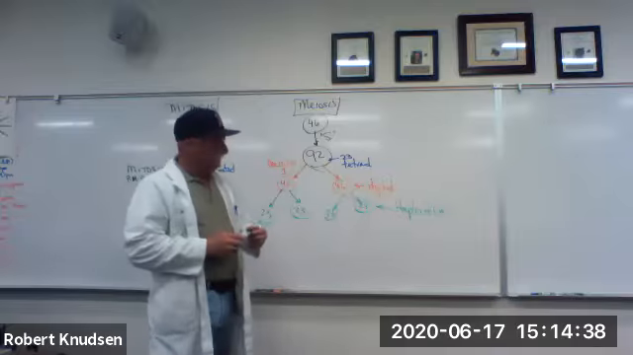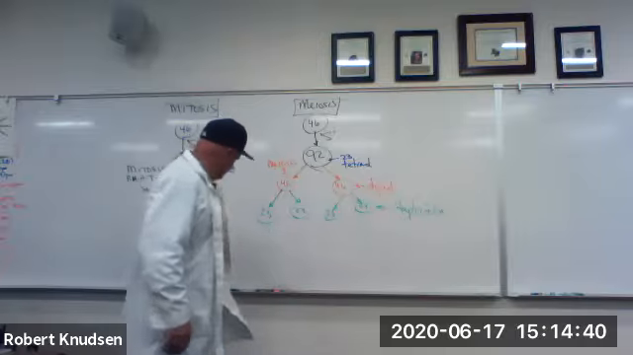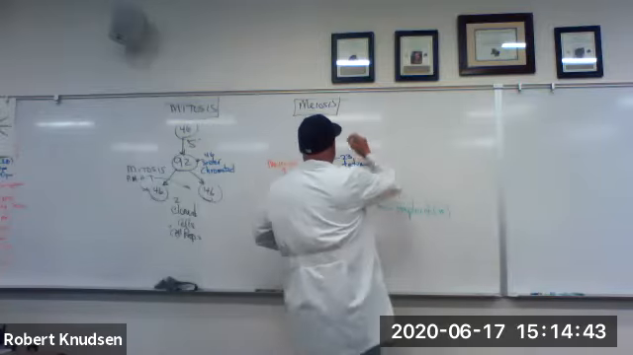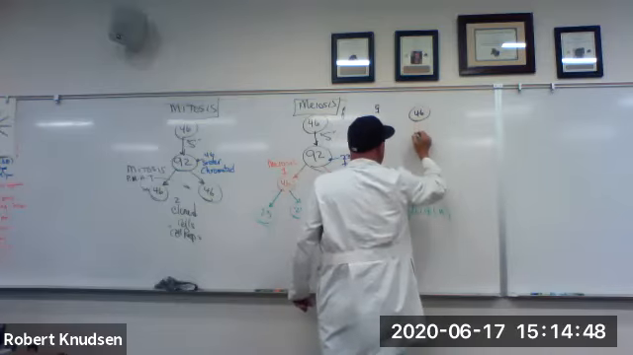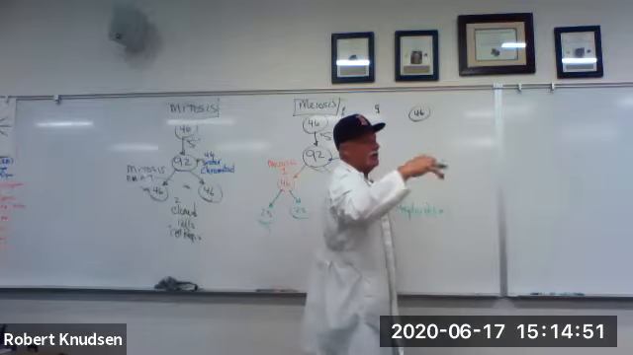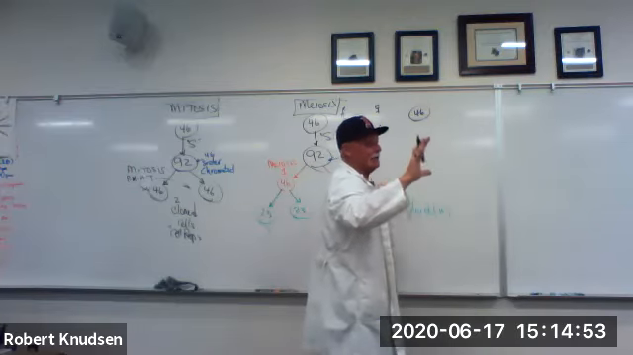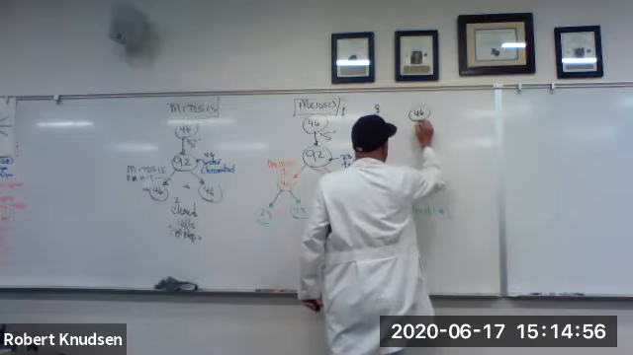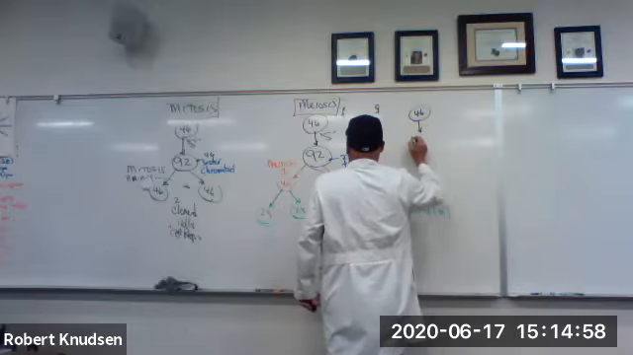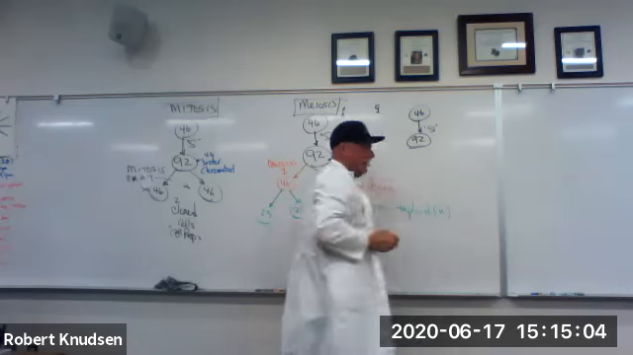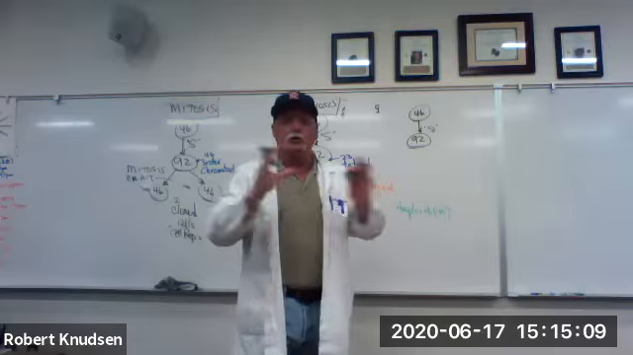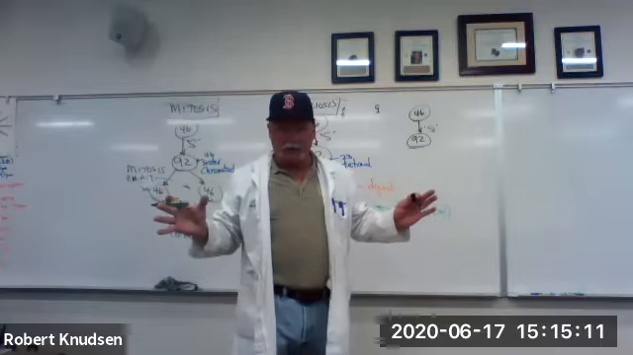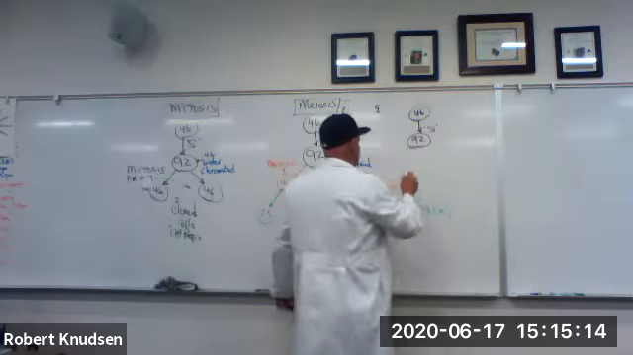Let's look at a female. Okay, this is a male. Here's a female. 46. Potential ova in an ovarian follicle at birth. S phase, 92. Okay. Prophase 1, go to sleep for 12 years until puberty. Okay. Then if it wakes up,